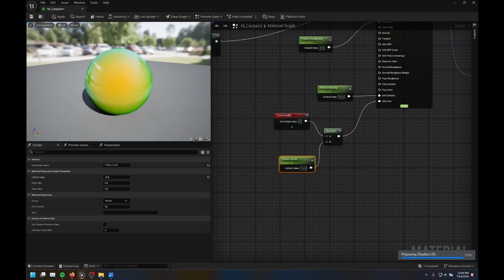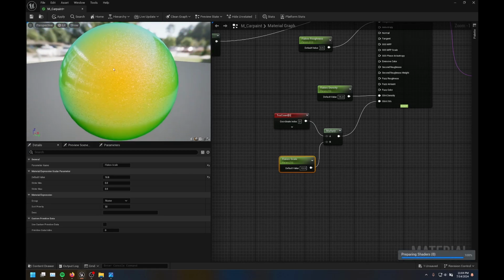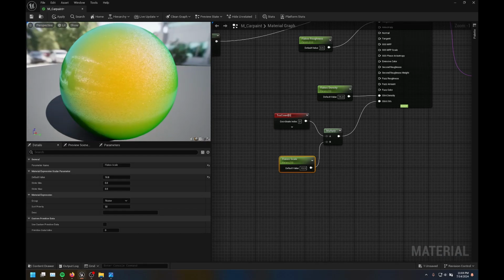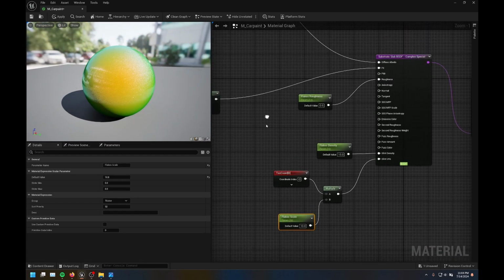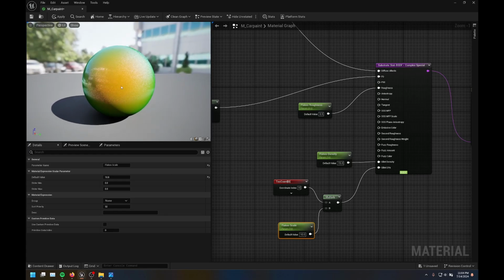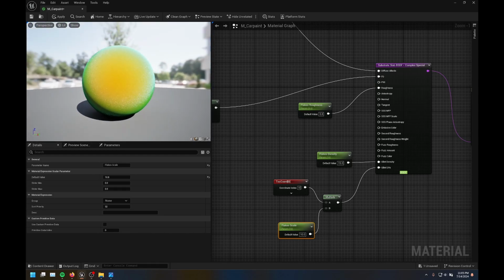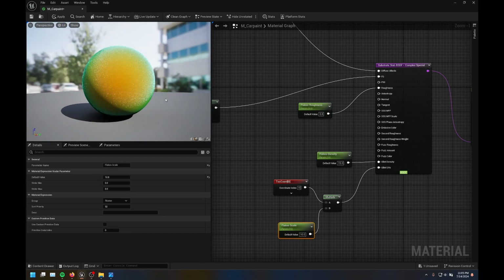So now we should start seeing an effect here that is a metallic car paint. So maybe we're looking a little bit too glossy here by default, so maybe we bump this up to 0.8. That is a little bit closer to a base coat of paint. Remember, we're constructing what's underneath the clear coat of a car paint right now, so we're going to build the clear